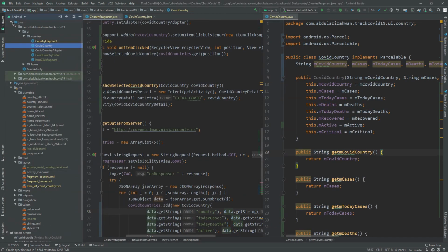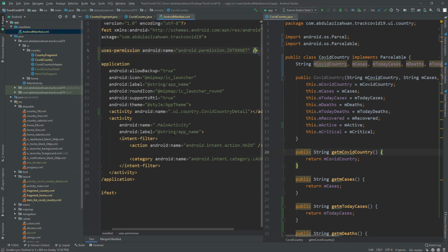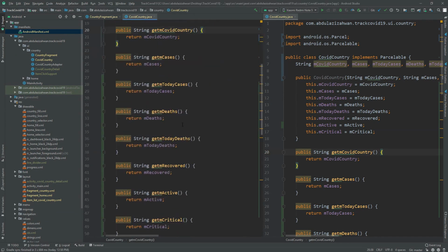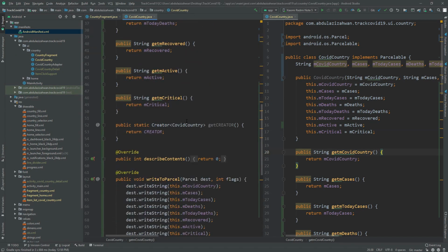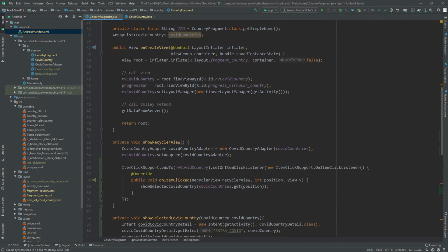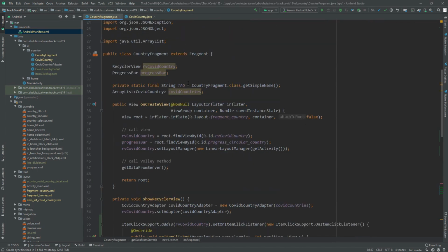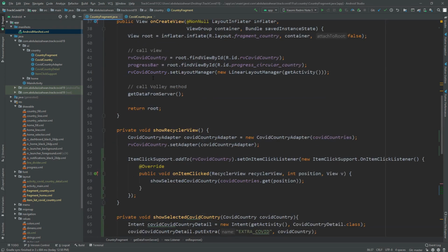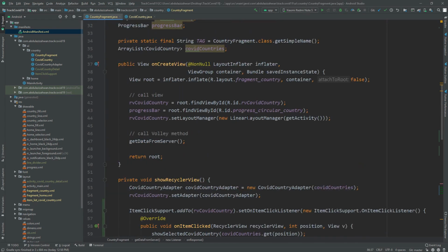So let's see our Android manifest. So we see here our activity, and yeah, so we need to close this, and we go back to our fragment, and we haven't yet set the item divider in our fragment. So we call here,